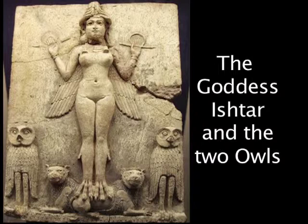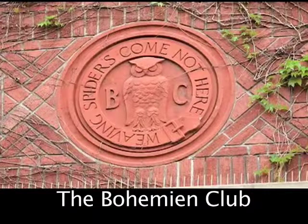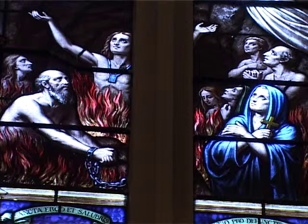Upon the Ishtar Gate was inscribed the wisdom of the ancient world in symbols. The wise old owl, the symbol for Ishtar, would become the symbol for the Bohemian Club. That exclusive club where movers and shakers get to liaise with politicians to shape the way the world moves forward. As I have previously said, the Israelites were taken into captivity into